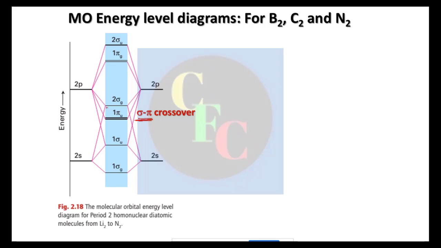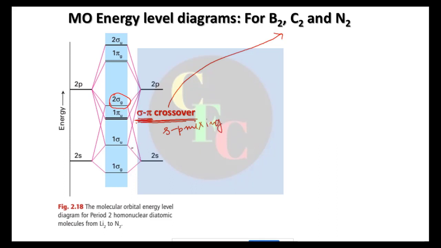Remember that this orbital for oxygen and fluorine was below the pi. Now it is above the pi. So this is called sigma pi crossover. This sigma pi crossover takes place for boron, carbon and nitrogen due to this sp mixing,